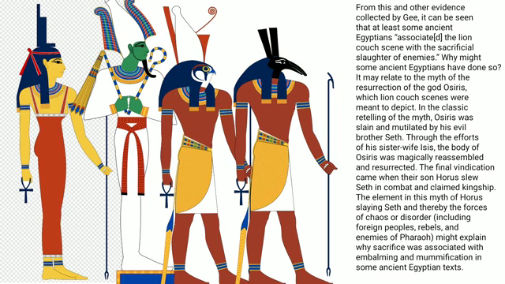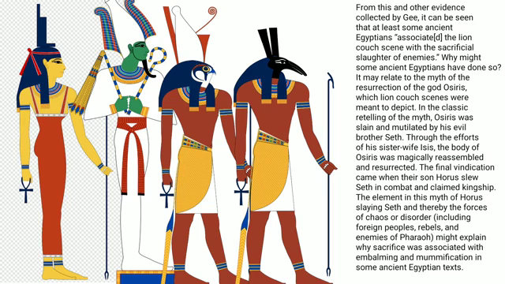From this and other evidence collected by Gee, it can be seen that at least some ancient Egyptians associated the lion couch scene with the sacrificial slaughter of enemies. Why might some ancient Egyptians have done so? It may relate to the myth of the resurrection of the god Osiris, which lion couch scenes were meant to